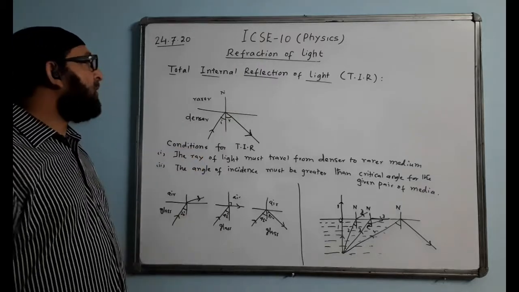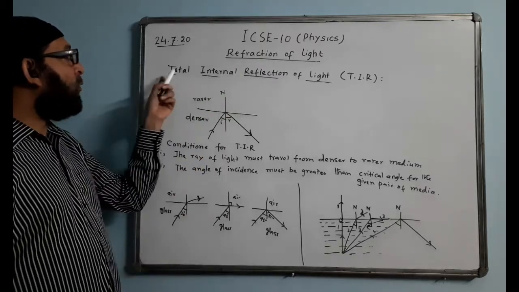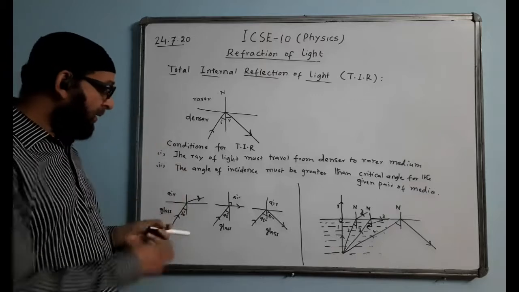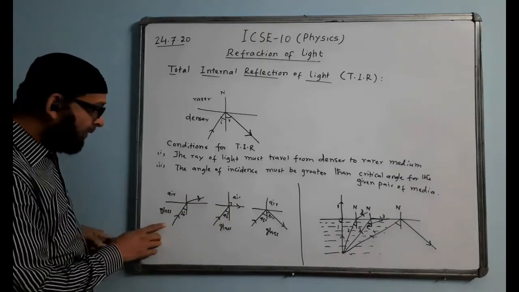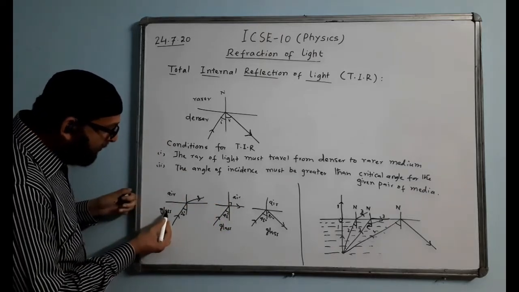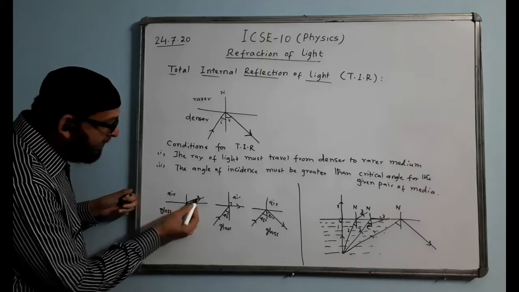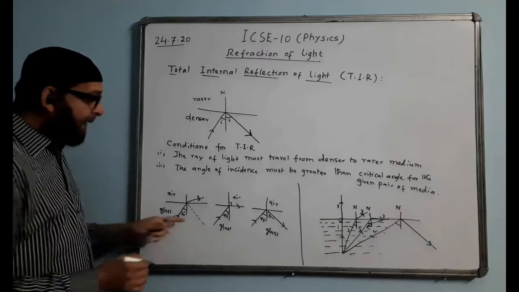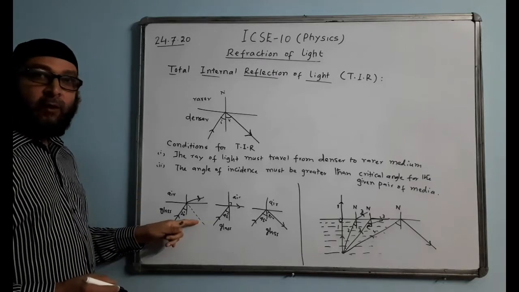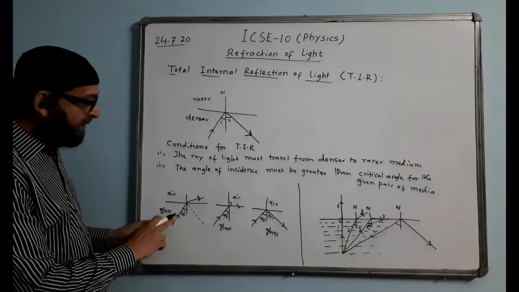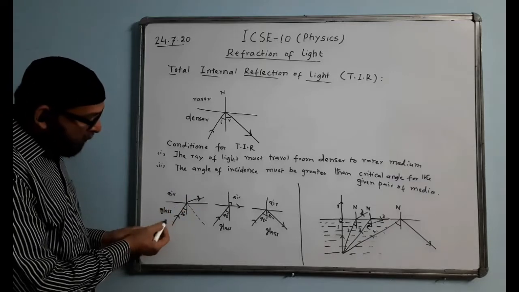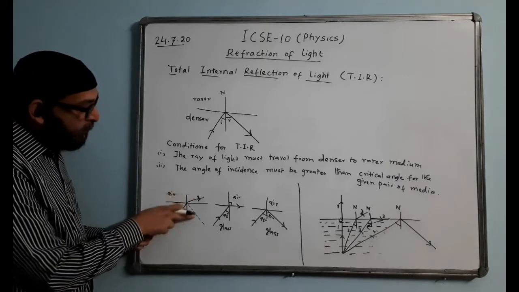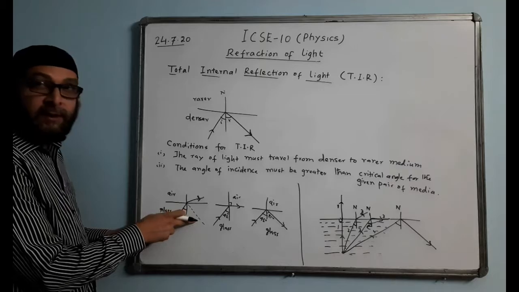Okay, you can see once again why it is called total, why there is no loss of energy in such reflection. The reason is over here. The ray is traveling from the denser to the rarer medium. This is the refracted ray, so there will be a partially reflected ray. For practical purposes, we neglect it, we don't draw it. But this is the other way. A single ray is splitting into two. That means the total energy of this light is divided into two parts. Some part here and some part comes here.